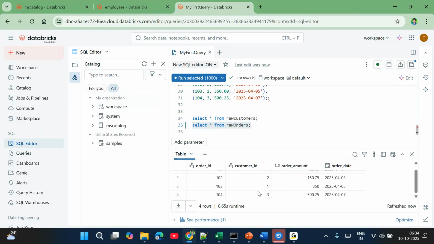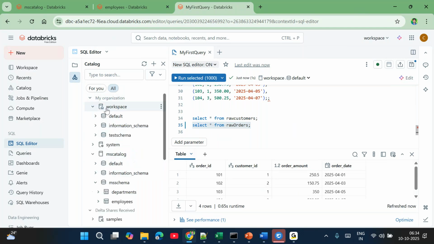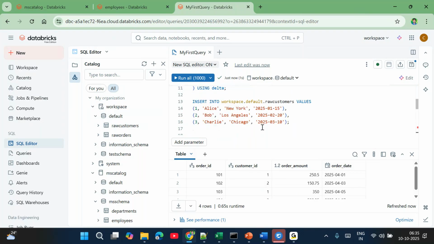So you can see raw orders I have and raw customers I have. In MS catalog, in MS schema, I created an employee and department table. Under workspace default, I created raw customers and the raw orders. Okay, clear? We are good till here. This is how you need to create the tables